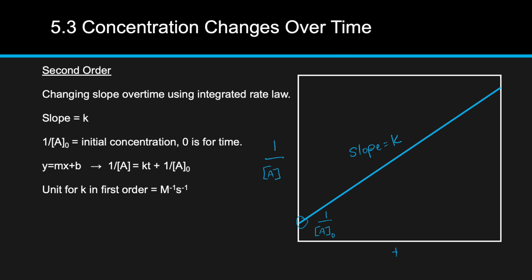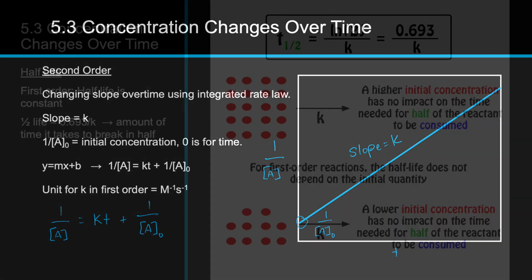So when we are plugging this into our y equals mx plus b in order to solve for k, we're going to have 1 over the concentration of A for our y value. We're going to have a positive k for our slope. We're going to have time for our x value. And then we're going to have 1 over the concentration of A at 0 time for our b. So this would be how you would solve for k, plugging in those values. And then just keep in mind, when you have second order, the unit for k is always going to be